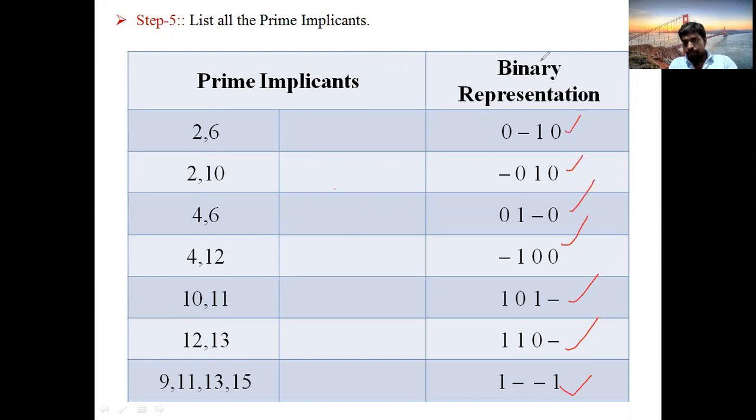Now after copying them, assign the first one as A, this one as B, this as C, and this as D. I already said that wherever you find a dash, that dash indicates the particular bit is absent. Right now, B is absent for us, because the dash belongs to B. So B is absent. 0 in terms of A is A bar. B is absent, leave it. 1 in terms of C is C. 0 in terms of D is D bar. So the answer you should write here is A bar, C, D bar.